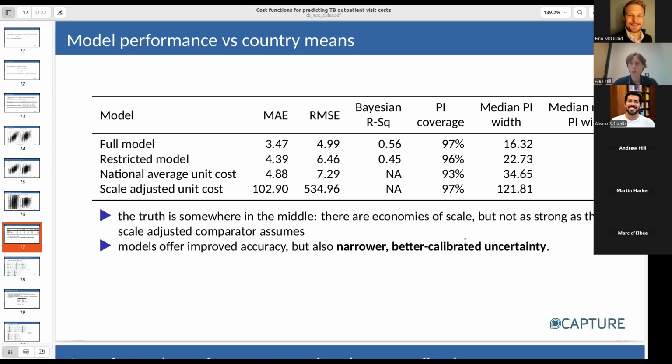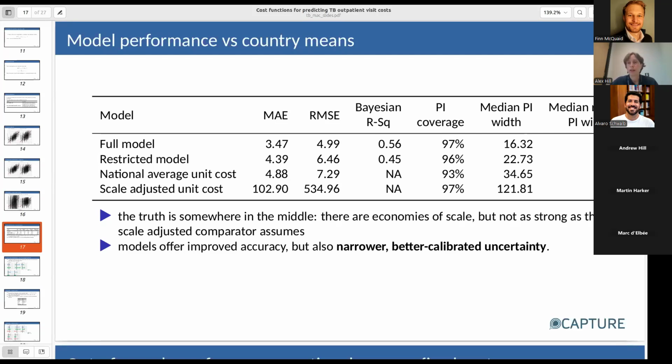And then I think it's worth noting that the models do offer improved accuracy, but really also much narrower and better calibrated uncertainty. So if you look at all of them, the predictive interval coverage is sort of reasonable. It should be around 95%, right? If these are nominally 95% predictive intervals. So pretty good for the average approaches. But the median width of those predictive intervals is much higher for the national average approach than for either of the model approaches. And this figure in the column on the right is, relative to the mean prediction,